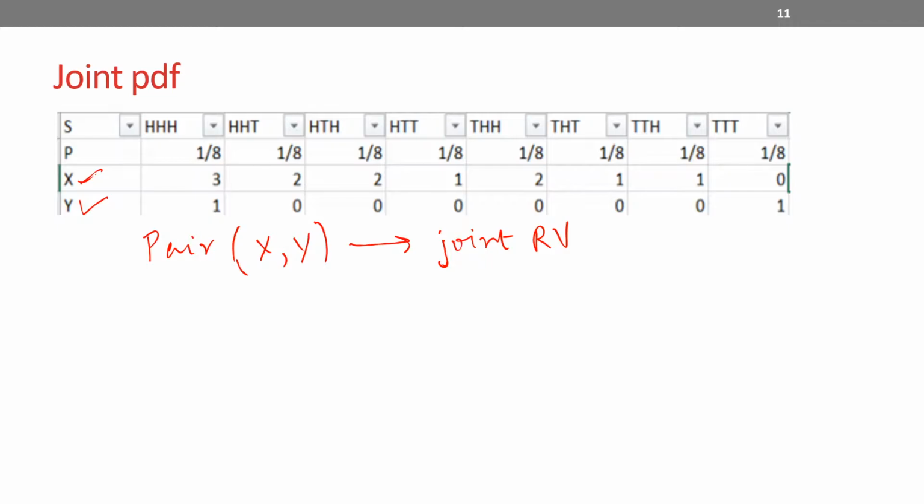Again, as before with a single random variable, we can define event probabilities that will be the sum of these outcome probabilities. But it's just that for all values that X can take and for all values Y can take, we can define different scenarios, and hence this is essentially a joint random variable. For example, let me define that first and then look at an example. So for every possibility